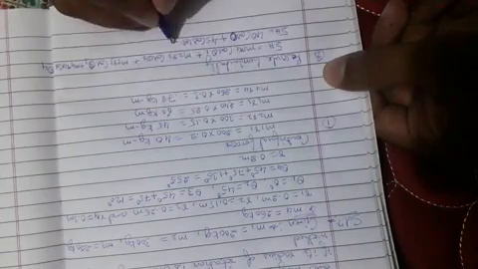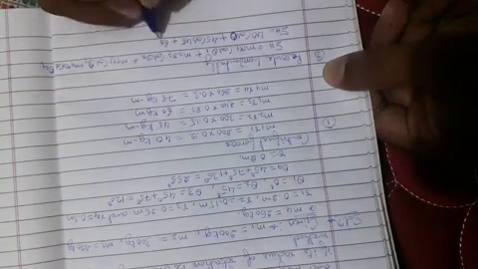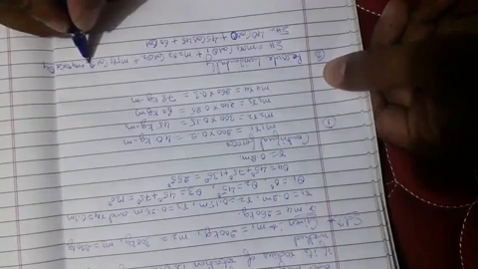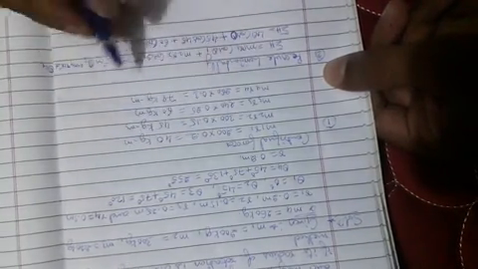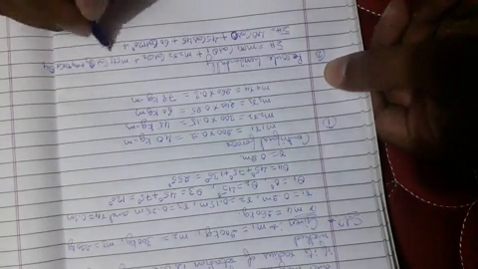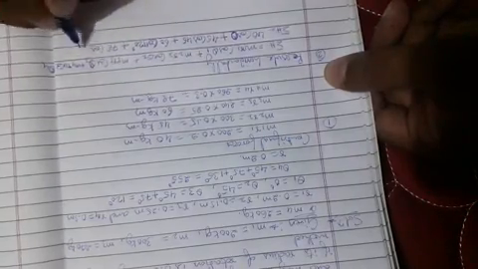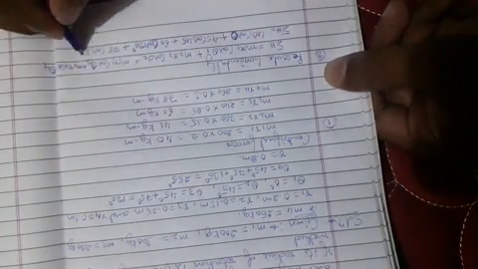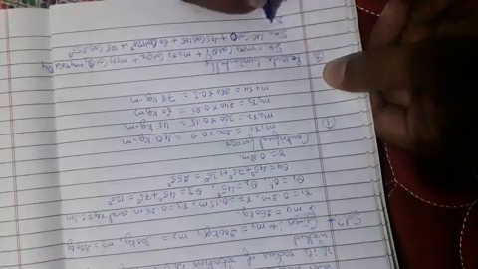plus M3 R3 is 60, cos of theta 3, which is 45 plus 75, 120 degree, plus M4 R4 is 78, cos theta 4 is 255. So calculate the summation of H.